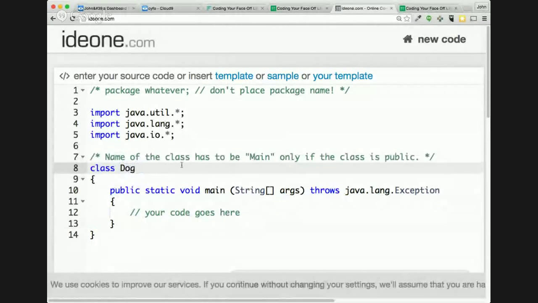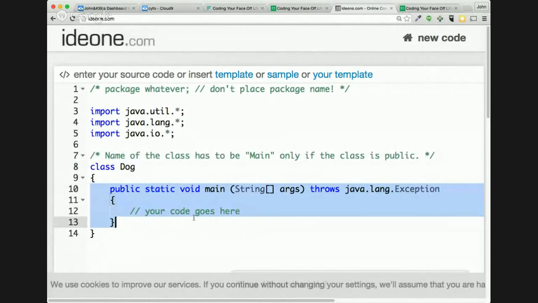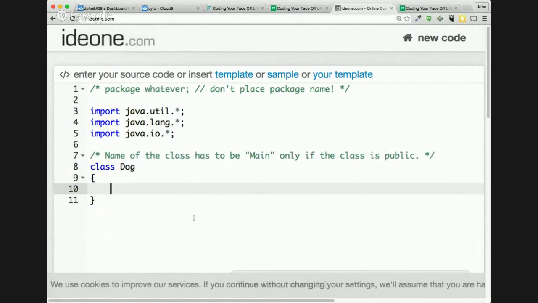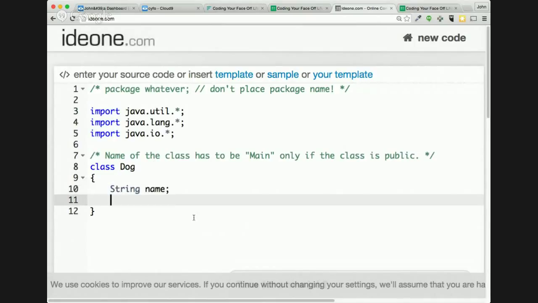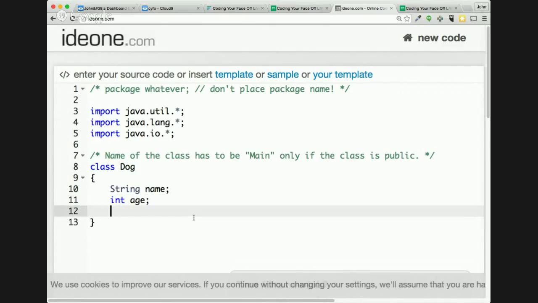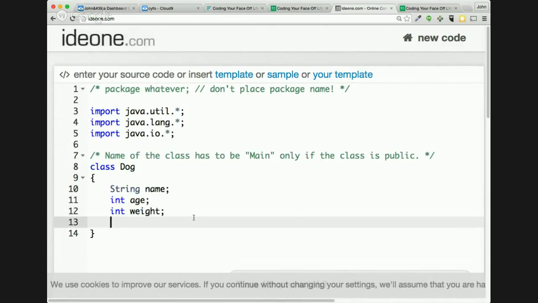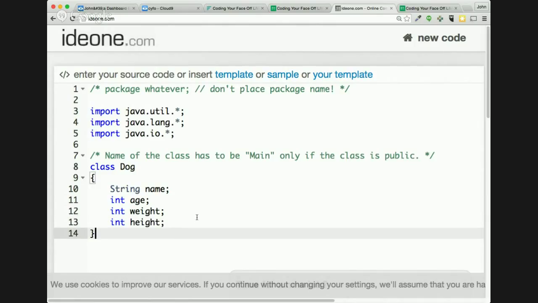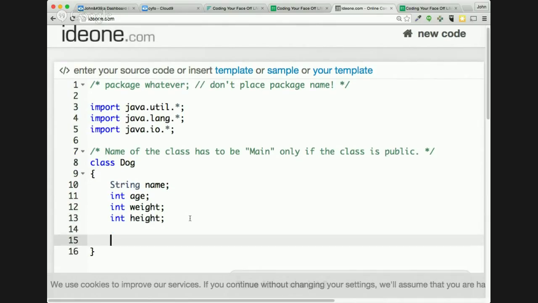So what he had was a dog class. His dog class had a name, an integer age, a weight, and a height in inches. And then his class also had what we call some getters and setters. So he had a method here called public void setName,